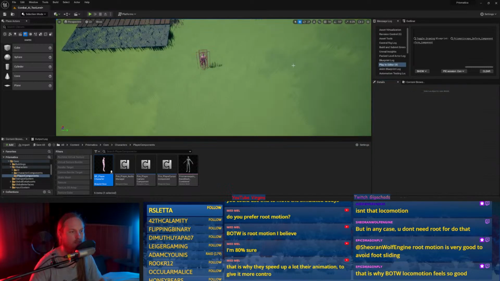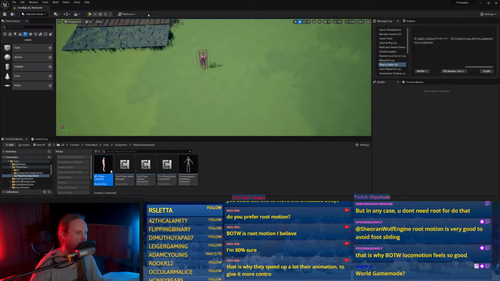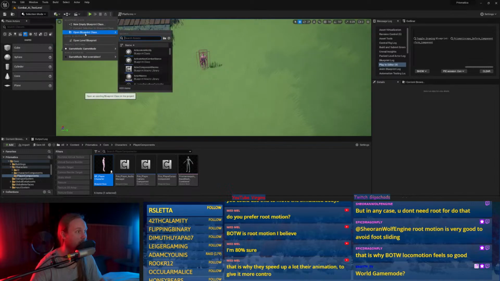Oh, because the default character control. Alright, how do I set my defaults in this level? Here we go.